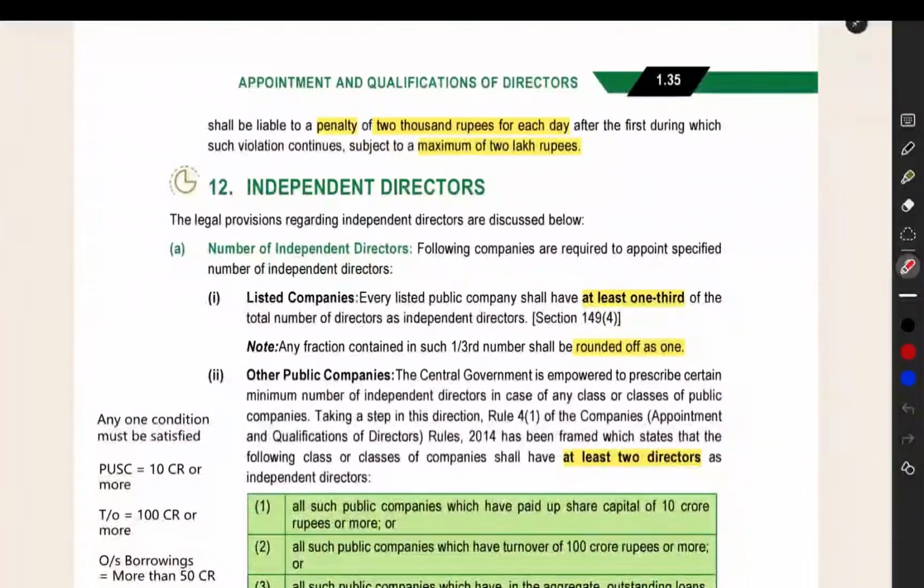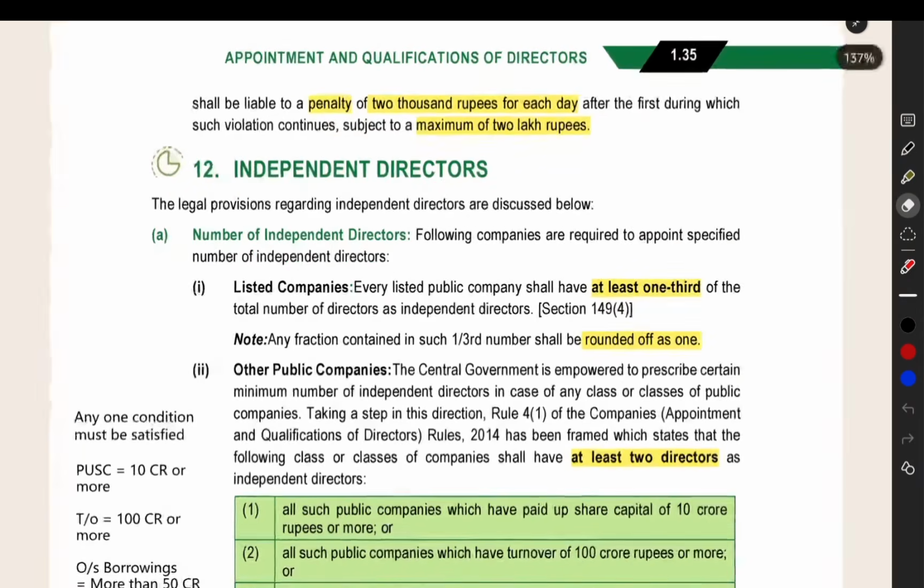And then independent director. Now who is an independent director? We will be appointing independent directors in our board of directors. They will be non-executive directors, and they will be experts. They will see the situation of the company, and they will make sure that the company is not going into the wrong hands, and that the company is going in the right direction. All that will be ensured by the independent directors. They will safeguard the interest of the minority shareholders and the small shareholders. Like that, they will act in an impartial manner and ensure that the company is going right.